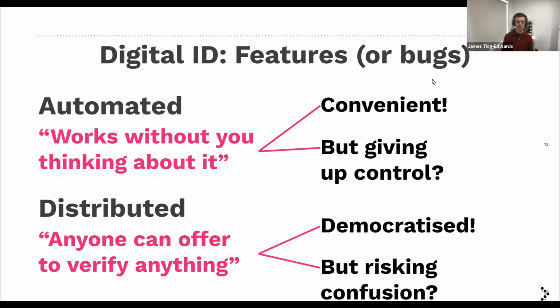And it's also distributed. So a whole lot of different organizations and people and systems can offer to verify facts about you or facts around the people you're dealing with. And so in a way that's democratized. You're not necessarily dependent on this centralized hierarchical chain of trust, but at the same time, does that create a